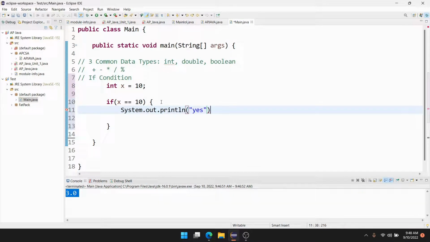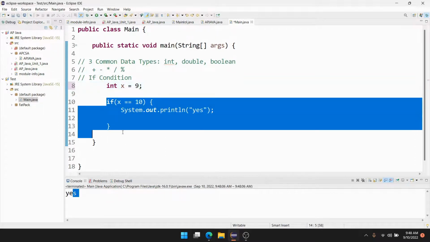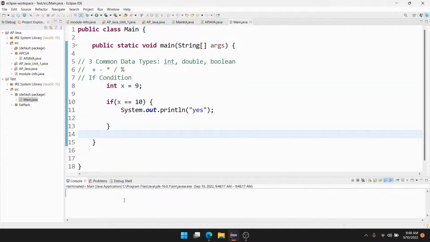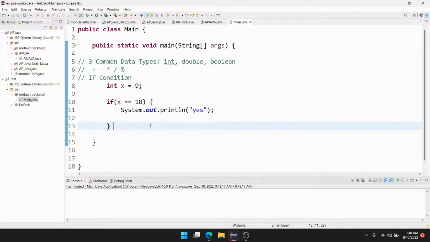yes. So we should get yes. And if we have like 9 or something here, it won't say no, it just won't print anything because it doesn't go in here. Yeah. And then if you wanted to print no, instead of just leaving it alone,